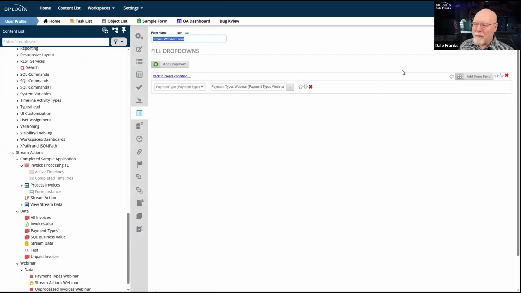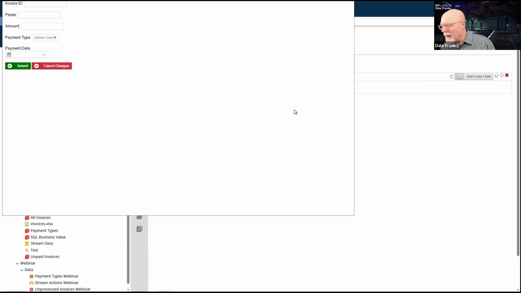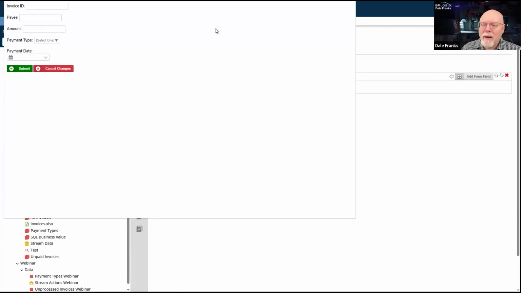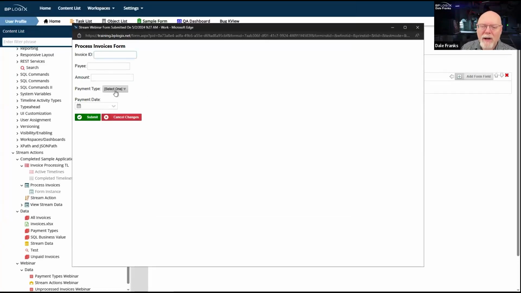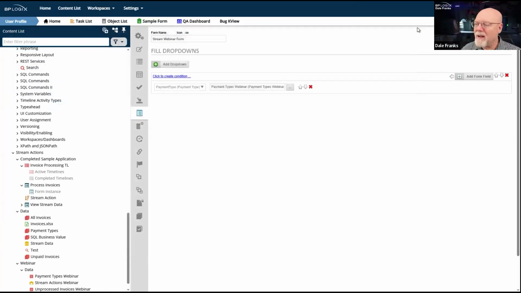And so my form should work. It's a pretty simple form. I'm not going to test it quite yet. Well, let's do it. We're already here. Why not? Let's update and run it. It shows up a little high there. So I've got an invoice ID. The only thing I really care about testing is this, to be sure that when I change a payment type, it changes the payment date. Everything else, these other 3 fields are going to be provided automatically from the business value whenever I copy this data over. So we'll just leave that as it is. My form looks like it works.